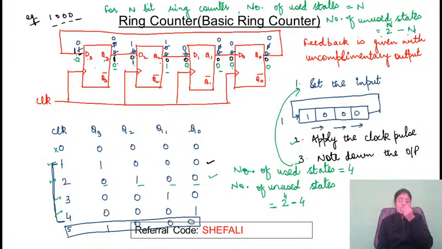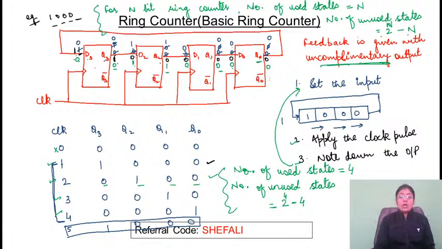Yes? So the number of unused states is total states minus the used states. So this is the example and this is the general formula. Clear? This is all about the ring counter. Any doubt in the ring counter? This is the basic ring counter, where the feedback is given with the uncomplemented output. Next, we have to talk about the Johnson ring counter, which is also known as the